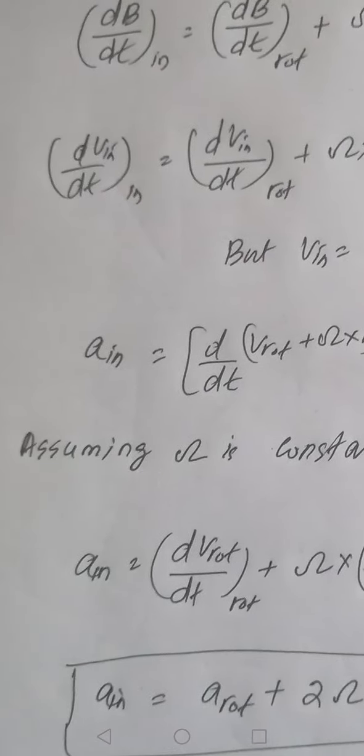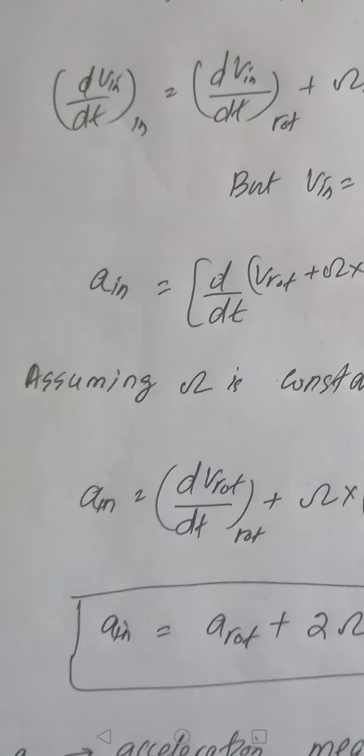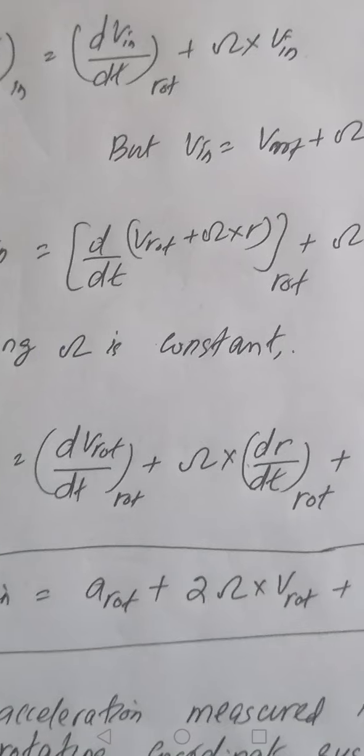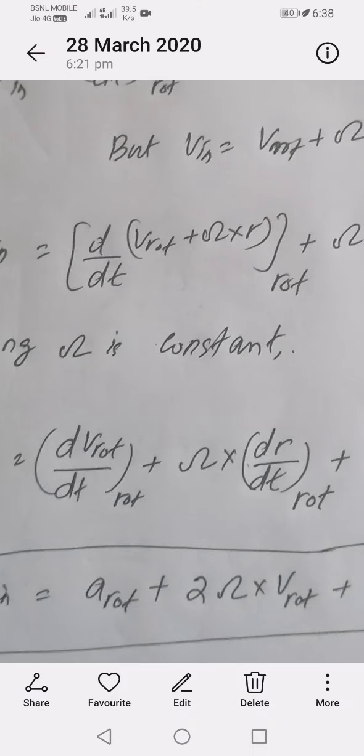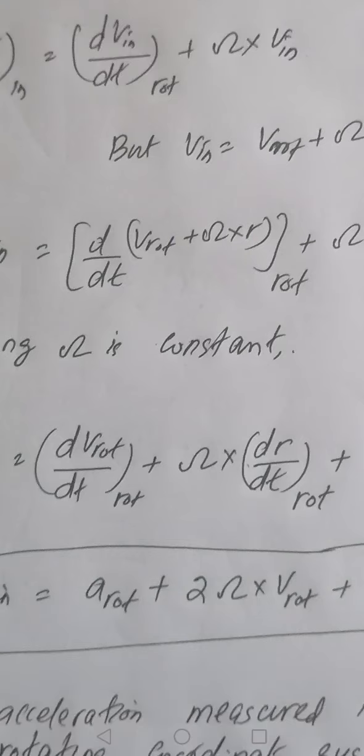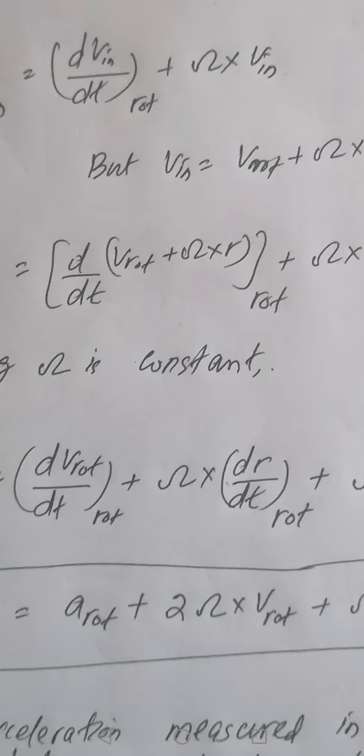In most physical problems the angular velocity omega is a constant. So for simplicity I also take omega as a constant, so that d omega by dt becomes 0. Therefore a inertial is equal to, here I am separating this one, d by dt of v rotational plus d by dt of omega cross r. D by dt of omega cross r is